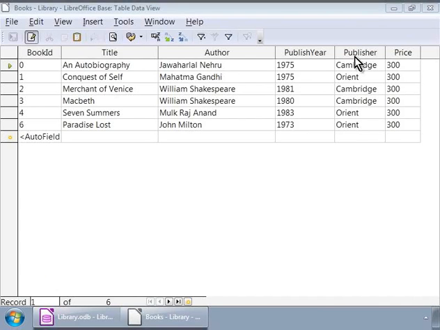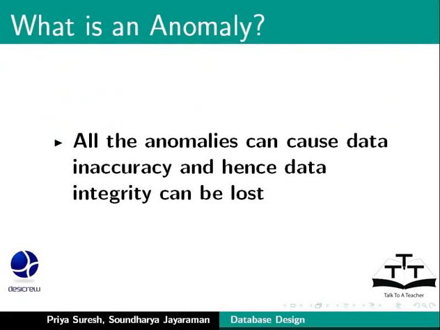And if Cambridge supplied 1,000 books, then it means we need to change the address in those 1,000 records. And we might accidentally change the address in one place but forget to change it in the other places. So this can lead to information not being accurate and thereby data integrity is lost.